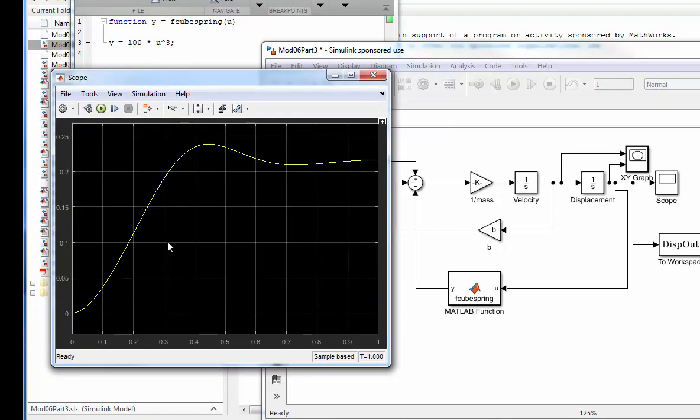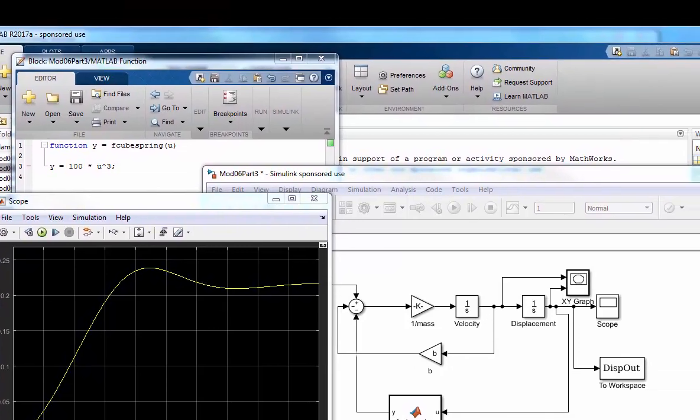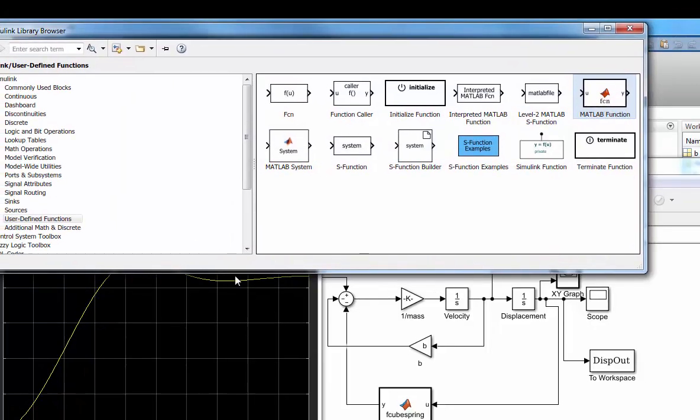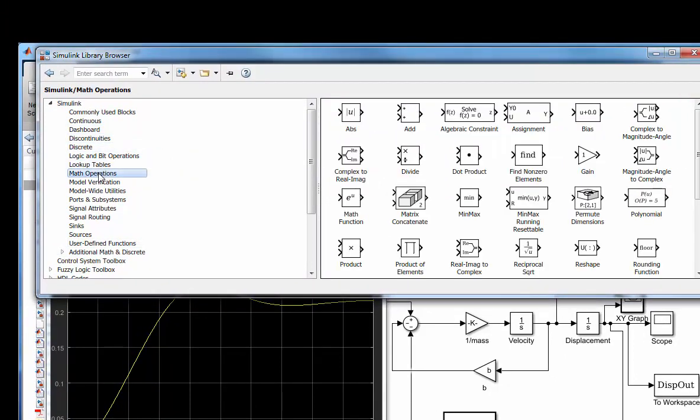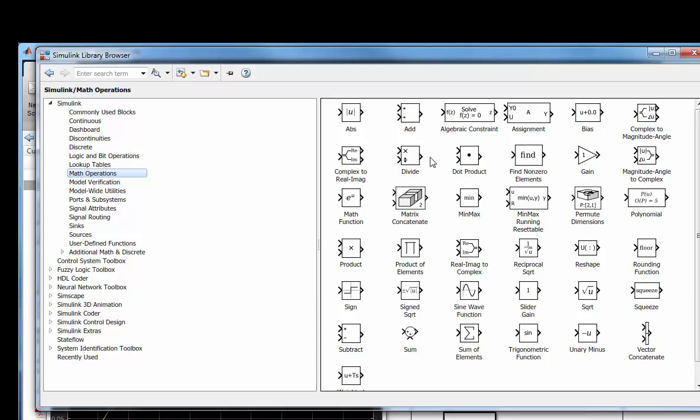So nonlinearities are just a big part of what we do with MATLAB, and a lot of what goes on in Simulink helps you look at those nonlinearities. The easiest way, or the most general way of implementing them, is with these functional calls. They let you go ahead and open up a script and just define it with math. Sometimes you could actually use the individual math operators in Simulink. Let me tell you what I'm talking about here. If you go to commonly used blocks, math operations, there are all sorts of blocks that let you do multiply and divide and add and absolute value and things like that. All very useful,